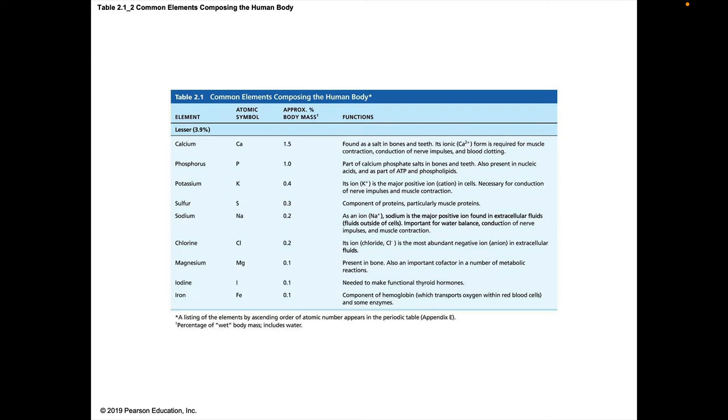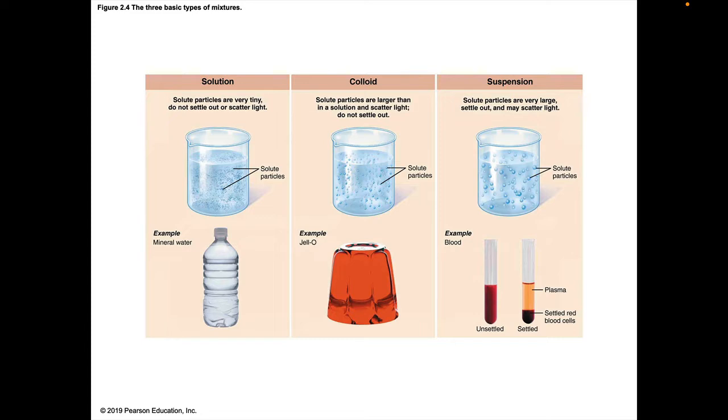Okay, so what about mixtures? So in this picture, we have some different kinds of mixtures, but how do we define a mixture? In a mixture, as opposed to a compound, there's no chemical bonding. So things can be separated physically. So a salad is a mixture. So things can be separated by straining, filtering, maybe evaporating off one of the solutions, or the solutes, I should say. And these mixtures can be